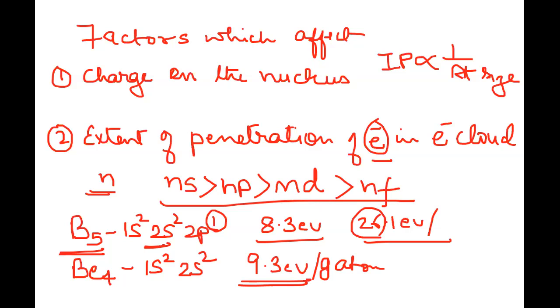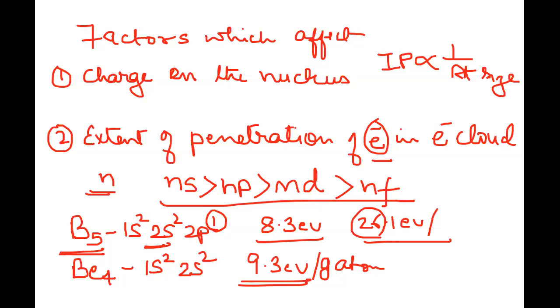Keep this point in mind, because when you are going across the period, which element comes first? You have hydrogen, helium in the first period, then lithium, beryllium, and boron. We just discussed that when going across the period, boron comes after beryllium, so boron should have higher ionization potential values. But beryllium has a higher value, 9.3. Though the difference is very little, it is still there.